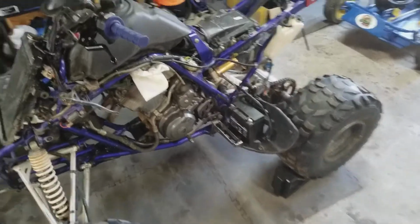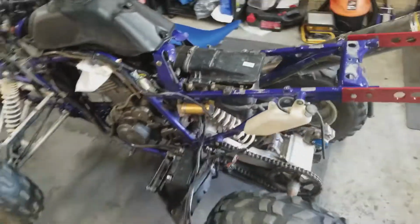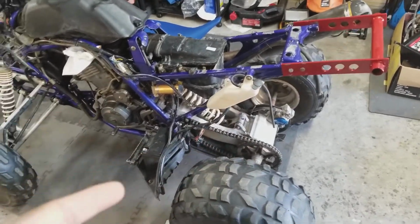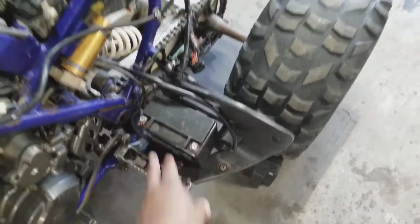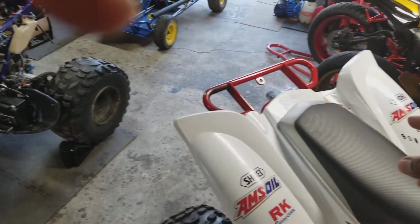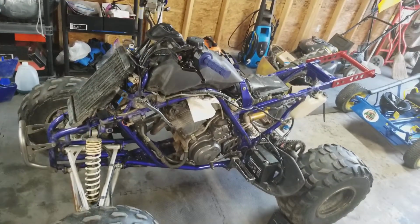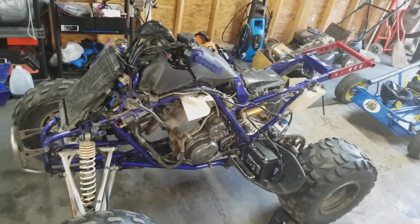So basically, I did the works on this. Tomorrow I'm gonna go ahead and clean the chain and grease all the fittings. I gotta buy a new battery. This battery right here ain't hitting on nothing. I had to take my solenoid relay and my CDI box out of this one and put them on that one to test it out, because it wants to start, but it don't. The spark plug didn't have any spark to it, so I had to